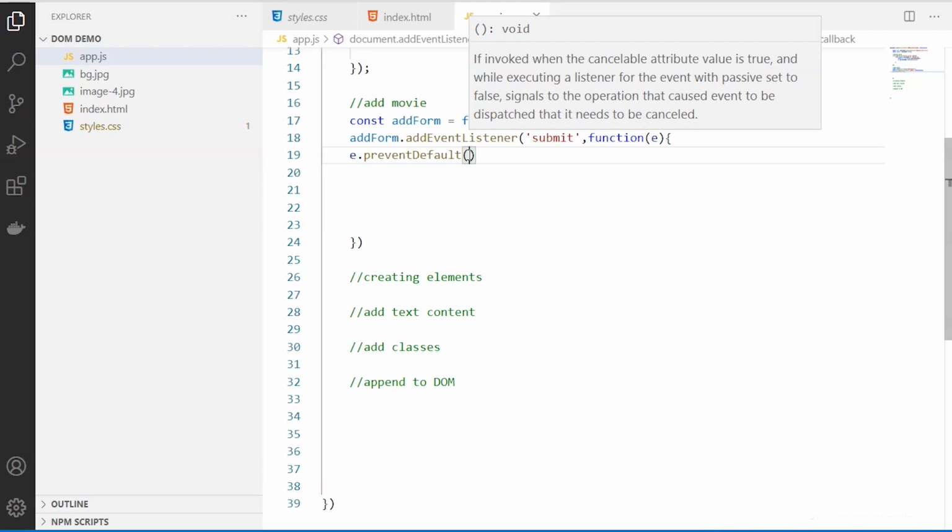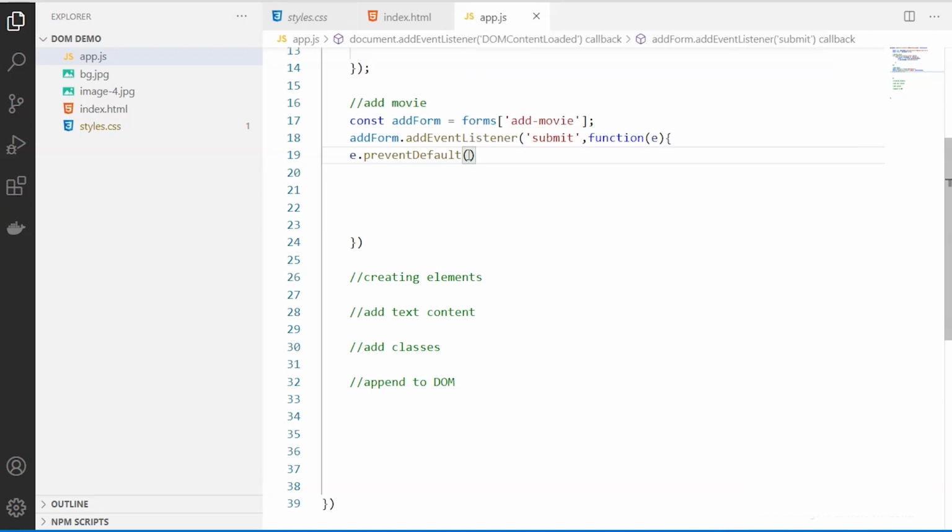So these default actions now, if you want to prevent them, you can use this one. Here we are going to use it because we don't want this to be bubbled up. But you also have to note that not all events are cancelable. You can use the cancelable property to find out if some event is cancelable or not. And this particular prevent default method also does not prevent further propagation of an event through the DOM. So if you want to stop it, there is another method which is called stop propagation.